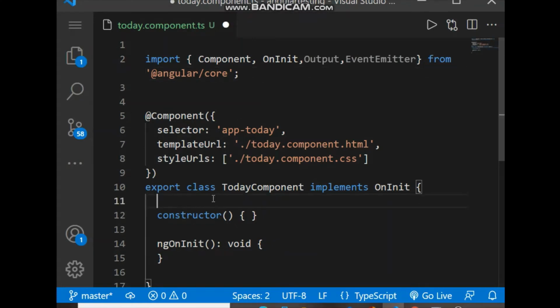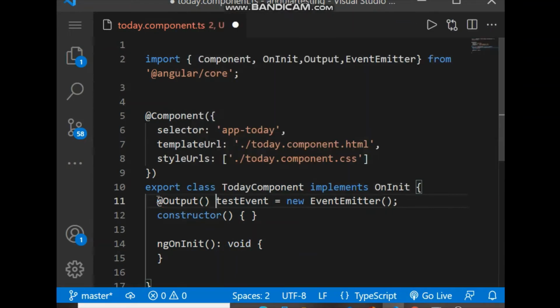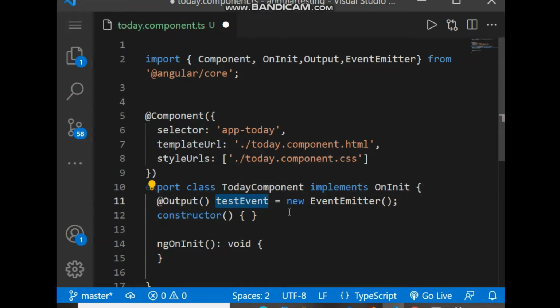These are required, and let's create a variable like testEvent, equal to new EventEmitter, and let's add a decorator here, Output. So we have testEvent with the Output decorator of type EventEmitter.